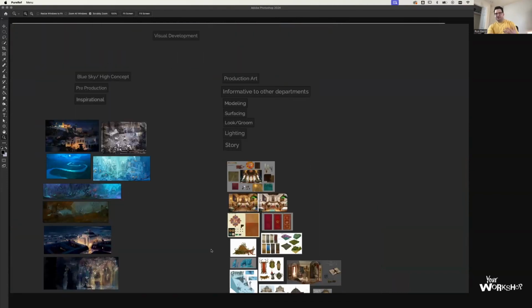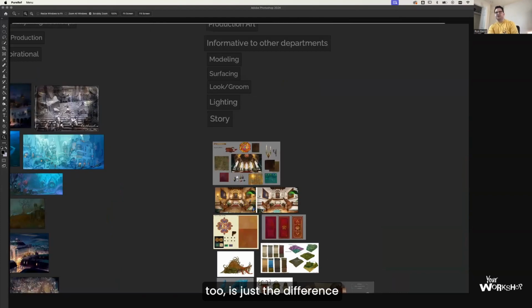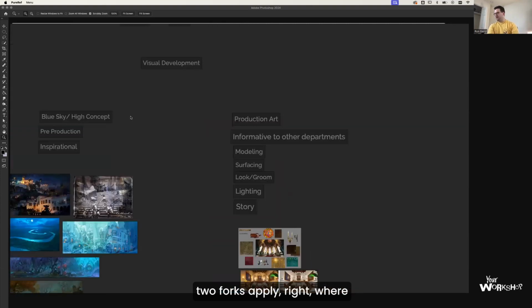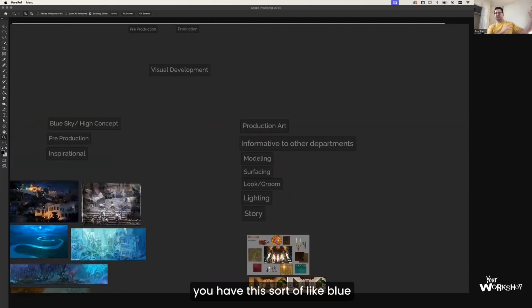another thing I wanted to mention too is just the difference between visual development for animation and visual development or concept art for video games. The same two forks apply, right? Where you have this sort of blue sky, high concept, and then you have the production art, right? But there's a slight nuance difference,